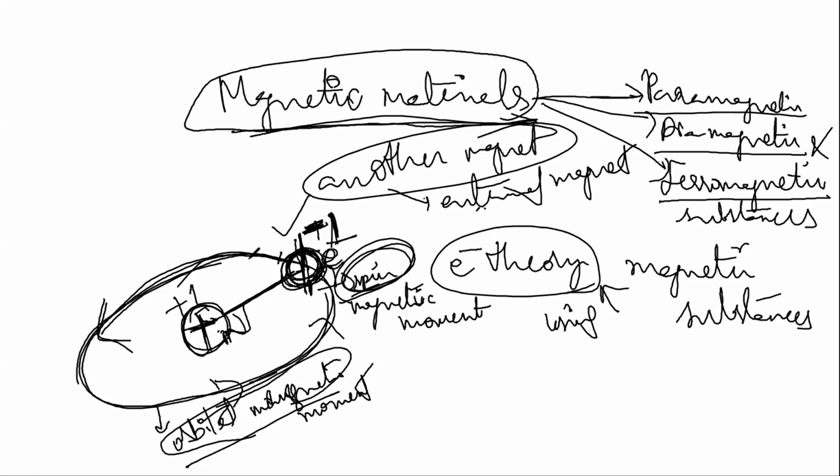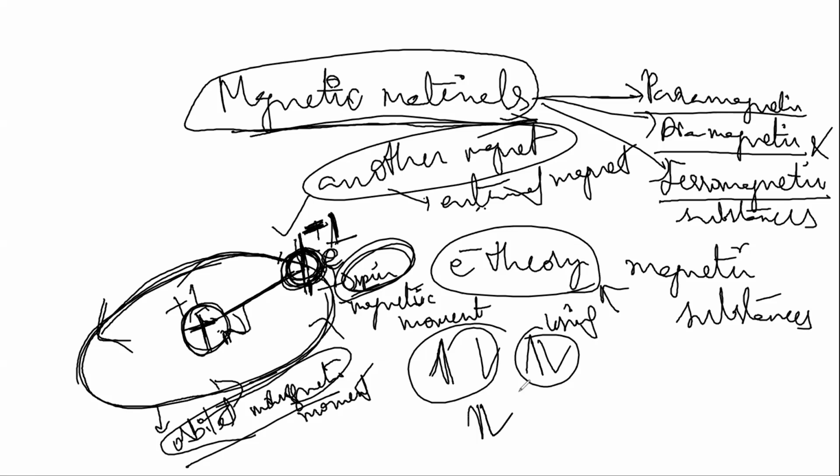So in an atom, we have lots of electrons. If I take a more complex atom, we have more electrons, right? Then what happens? The magnetic moment vectors will be oriented in different directions. So one will be spin up, and one will be spin down, and spin up, spin down. In this way, I have different magnetic moments of electrons revolving around the nucleus.